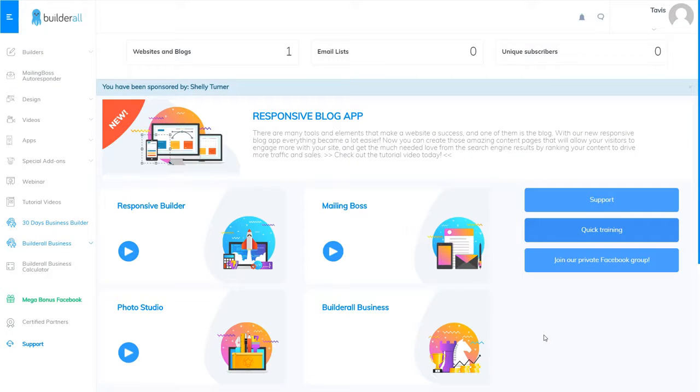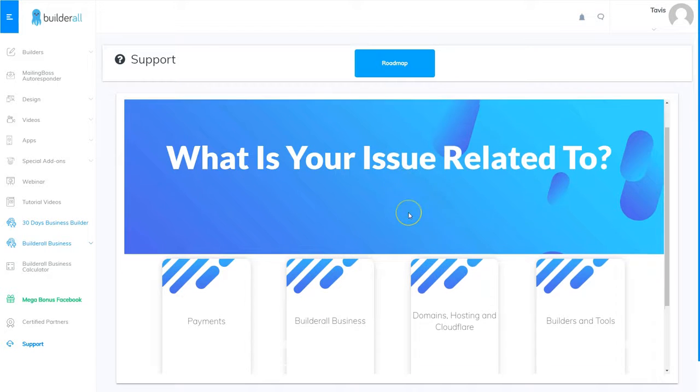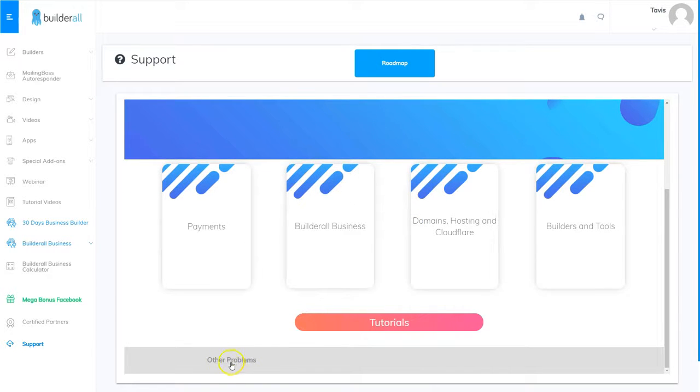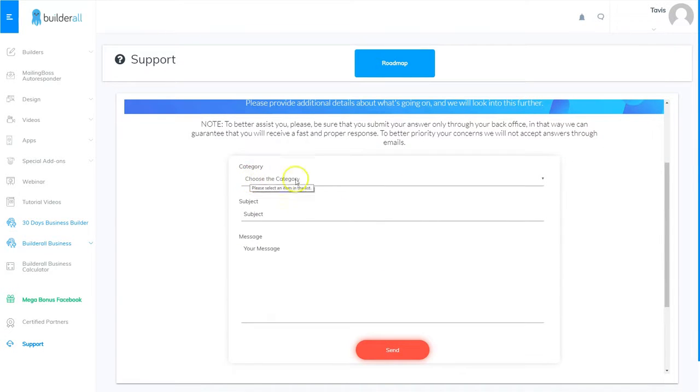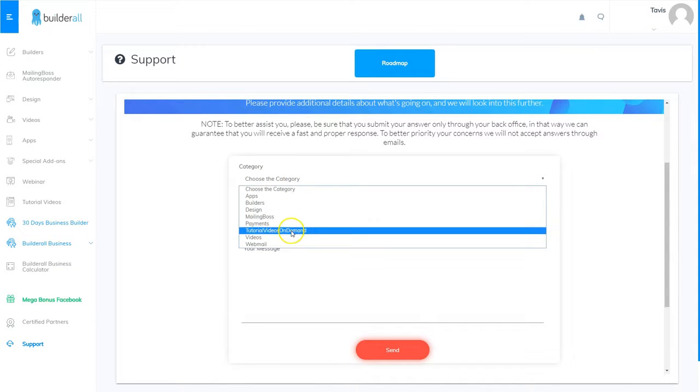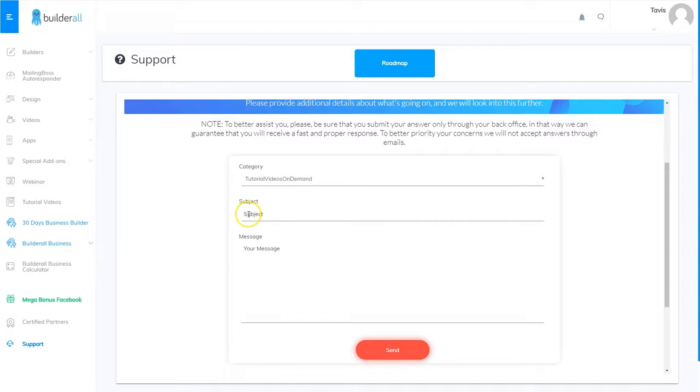There's one more place you can get help learning how to use Builderall, and that is through tutorial videos on demand through the support system. So to get there, all you need to do is click support, and when you get to the support screen, scroll down and choose other problems at the bottom, and this takes you to the ticket area. When you fill out your ticket, when you choose the category, you're going to choose tutorial videos on demand. You're going to put in the subject, and you're going to put in your specific message on what video you're needing. When you're done with that, you just click send,